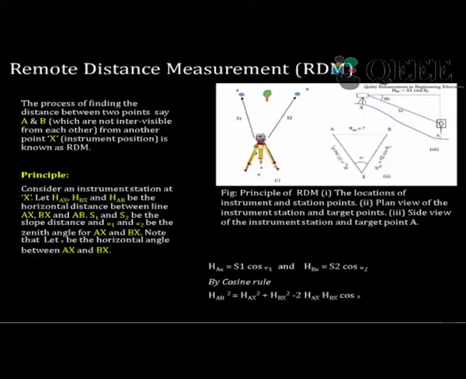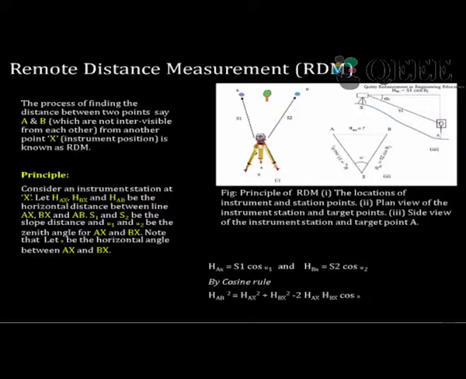You just see here in this figure. This is point A and this is point B. You want to find the distance between this point and this point, and there is an obstruction. Let us say the obstruction is a group of trees. Actually here it is shown as one tree, but let us assume that you have a group of trees. So from point A, B is not visible and vice versa.